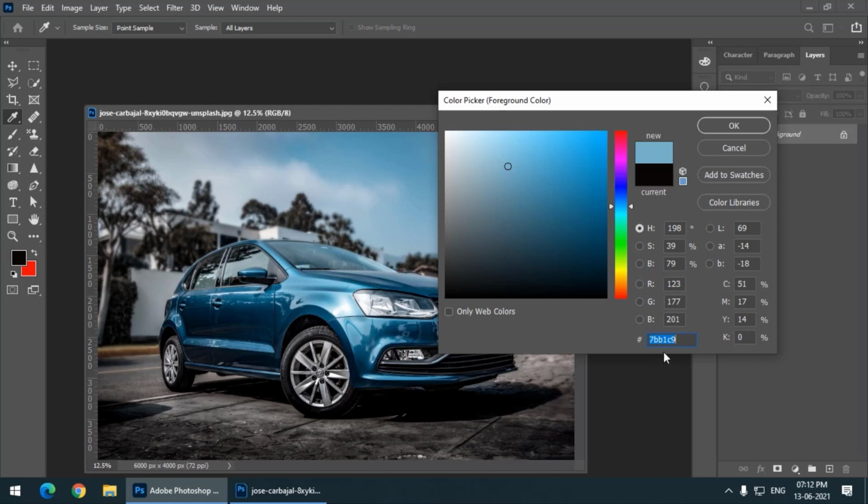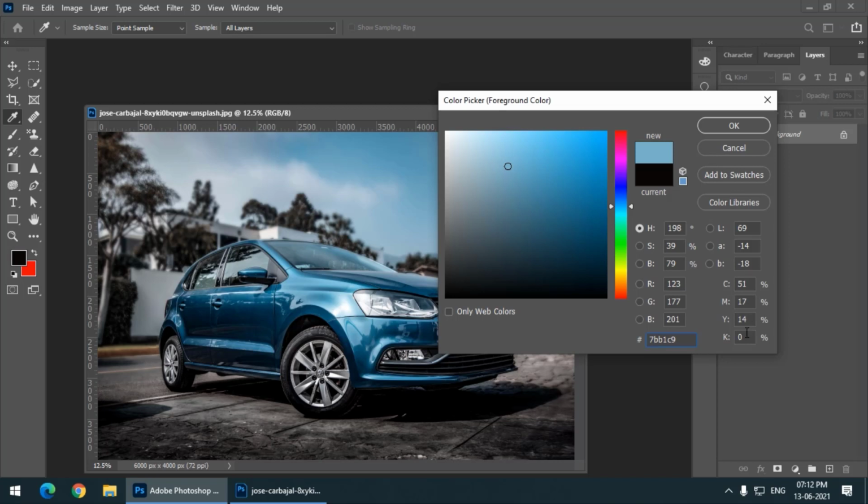As you can see, we will also get the hexadecimal code over here. The hexadecimal code is different for each color. This we can use in other applications as well as in web designing. So this is where we can check the RGB values.